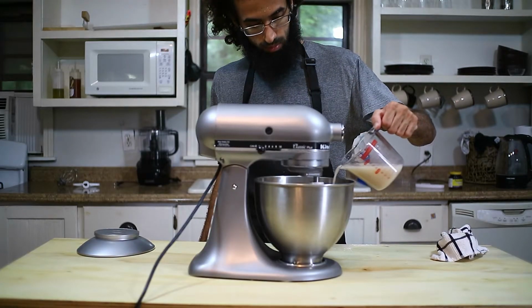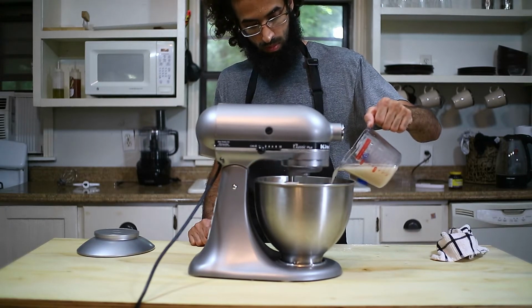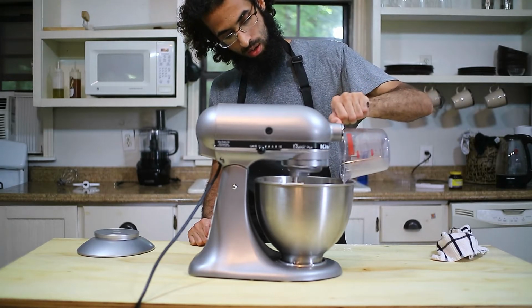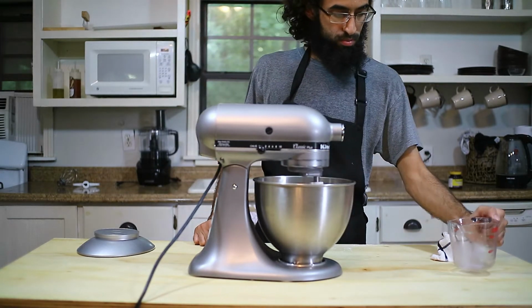After your yeast is done blooming, slowly add it to your dry mixture and beat it up with your stand mixer. If you don't have a stand mixer, use your hand. It's easy. I showed you before how to use your hand in the previous video. Go and check it out. Okay, anyway, keep beating it with the stand mixer for 3 to 4 minutes or until you get a really nice dough,